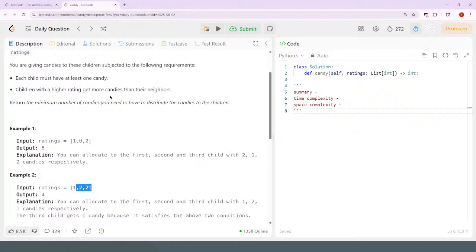So, how to approach this? It looks like I could maybe figure out what the lowest number of candies is, or the lowest rating is, and then I can extend. So what am I imagining here? If I extend outwards from the lowest, giving more candies for each,